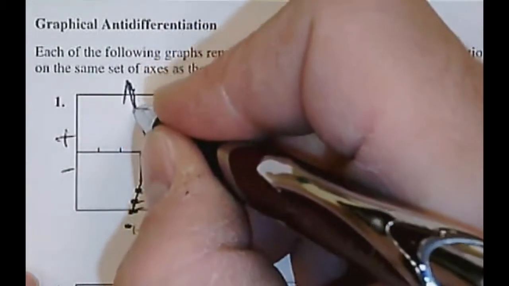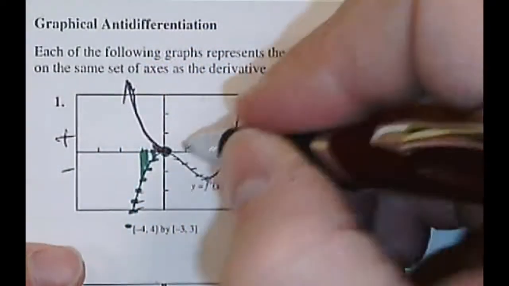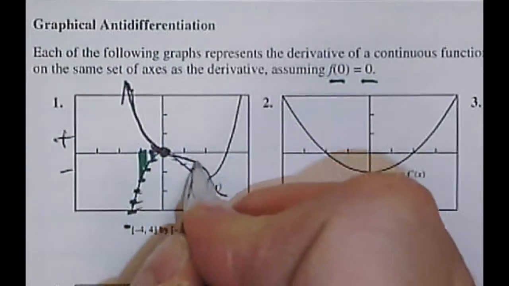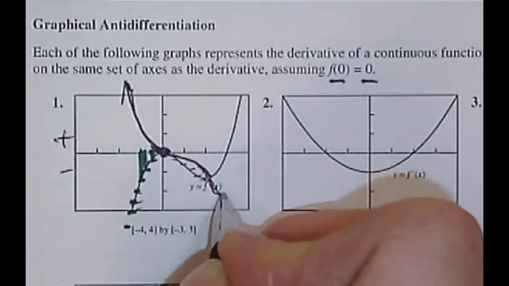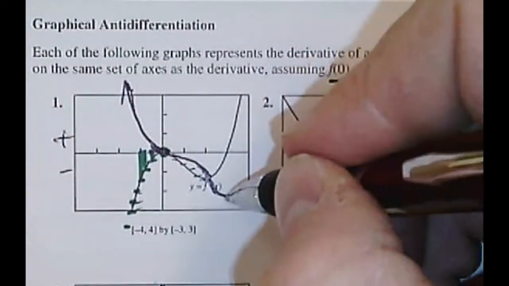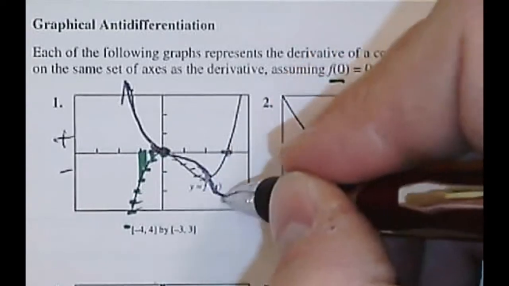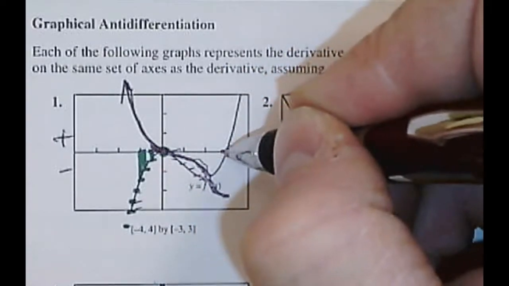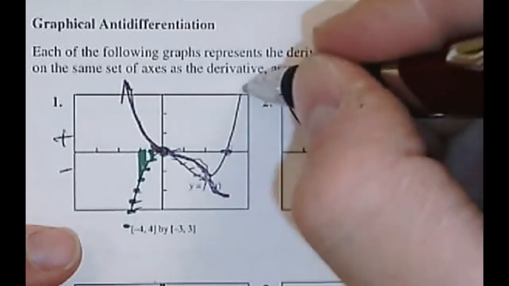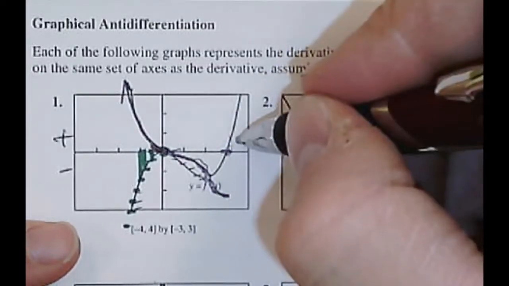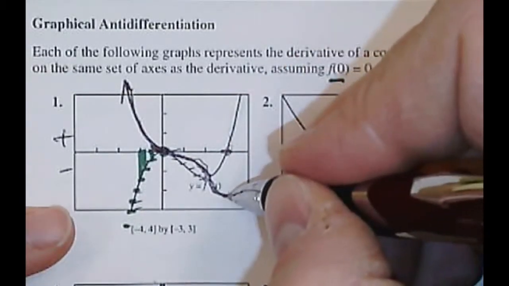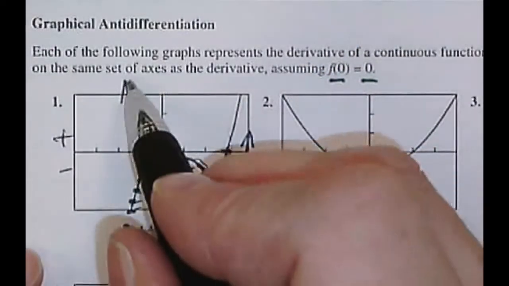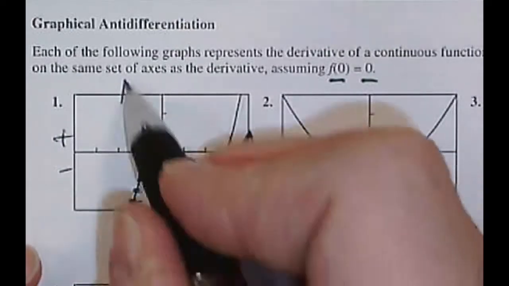So as I draw my antiderivative, my parent function, my original function, it's going to look something like this. It gets to its steepest value at 2, and then it levels off rather quickly from 2 to 3 until it approaches, let's see, this is a height of 0, so the parent function has to have a flatness to it, because the derivative crosses the x-axis. And then, because the derivative is above the x-axis, that means the parent function is going to start rising sharply from that point on. Now, I might not be 100% accurate, and I'm not concerned with that, but in terms of general shape, the